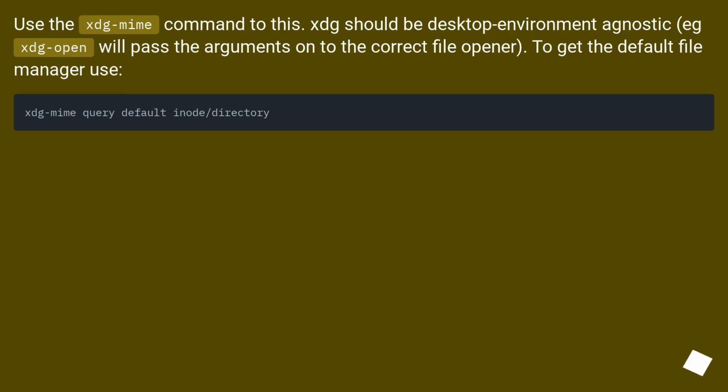Use the xdg-mime command to do this. xdg should be desktop environment agnostic, e.g. xdg-open will pass the arguments onto the correct file opener. To get the default file manager, use